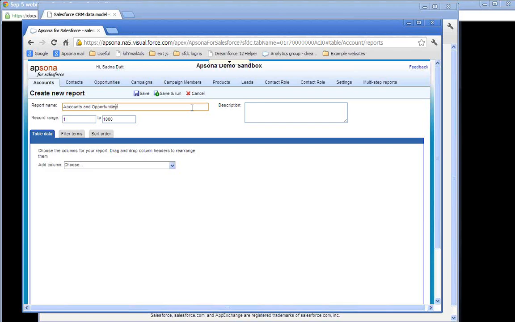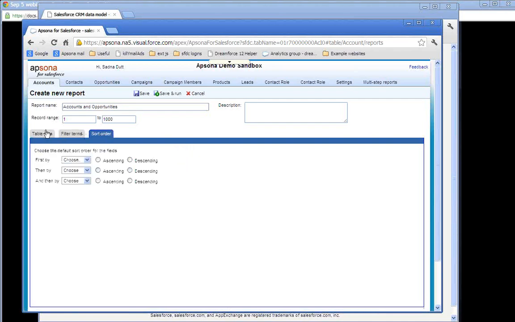And I'm going to basically play around with this to show you a bunch of features, because I'm not really looking at a particular set of reports that we're doing as examples, but I want to give you an idea of the kinds of things that are possible given this structure. So when you create a report using the reporting capability, the idea is that you accrue or aggregate the fields that you want into the report from the base object and related objects. Set up the filter terms in the filter tab, set up a sort order if you want, and then run